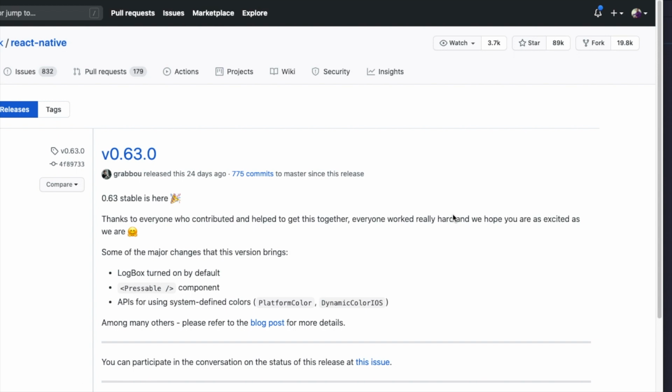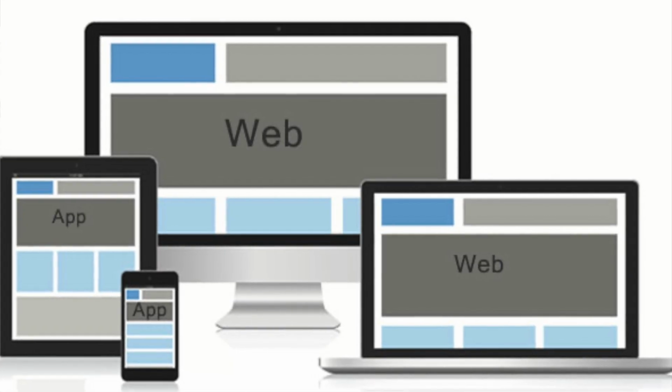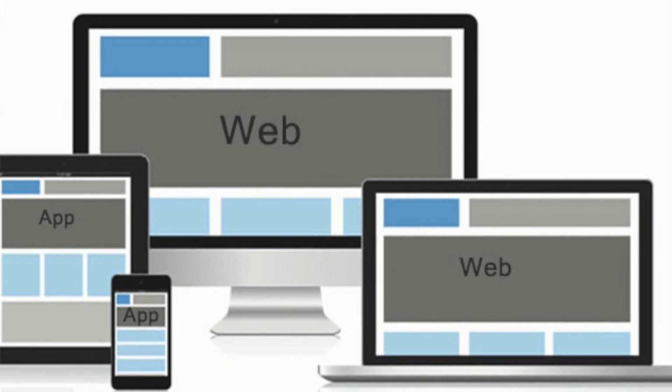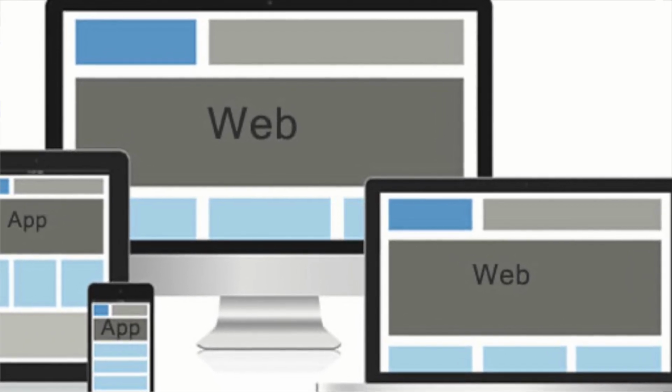So let's start. As you know, React Native is growing very fast, and it is not limited to Android and iOS only. Now React Native is used in Android, iOS, web, desktop apps, and on Xbox as well.